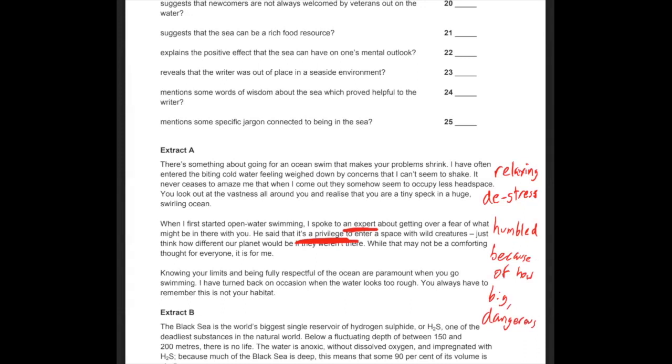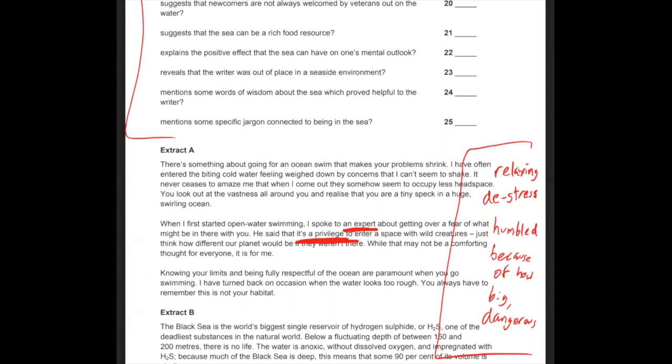And it's very important to take note of all those things. In fact, I wouldn't even read any of these questions until I go through the extracts properly first, because once you have this clear understanding of what's in it, you should be very, very quick with the questions. It should be very easy to do the questions after that. Just to give you some idea, as soon as I finish extract A and I finish writing these things down, I'm going to go through the questions straight away. So I will just read down and, if I think A is the best fit for this particular question, I would put it down straight away. That, as you'll see as we progress, will actually save you quite a lot of time as well.